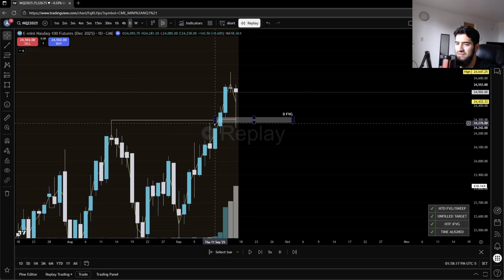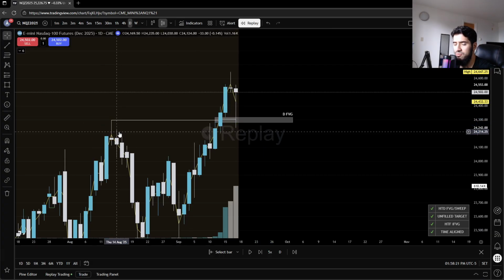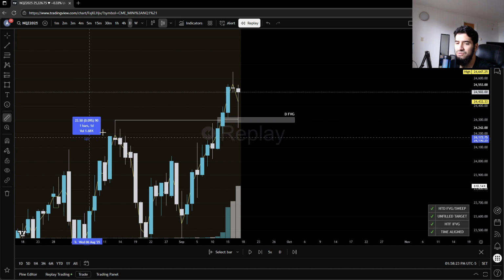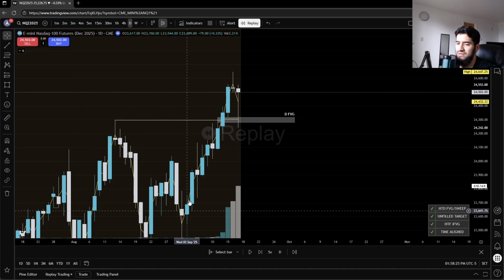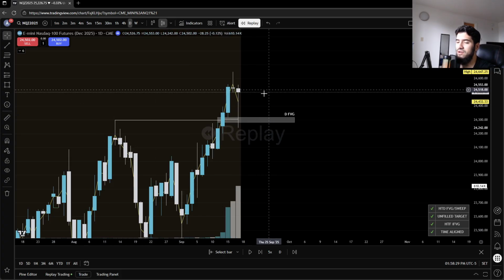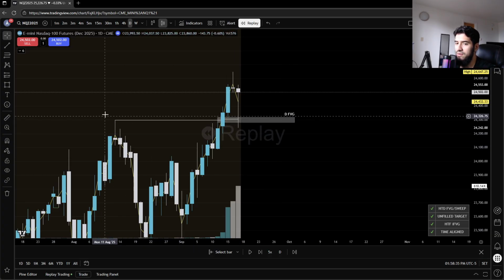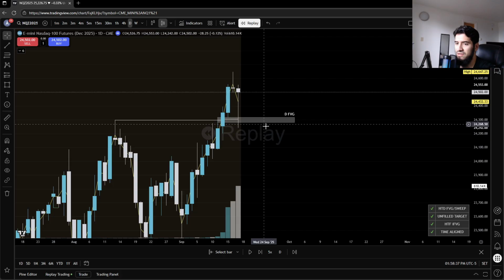And we also see that this daily fair value gap aligns with this previous all-time high that was made. So this usually acts as a retest, right? Price ends up kind of pushing past the high with displacement, and it tends to come back down and retrace to that previous high. And usually when you have a fair value gap lining up with that previous high perfectly together, that is a